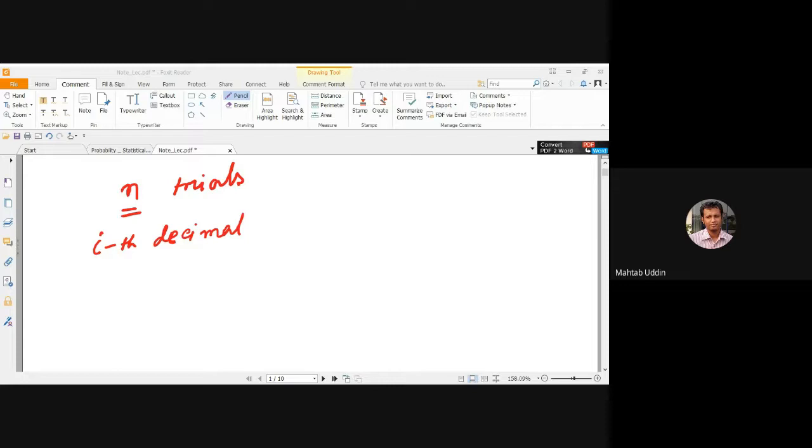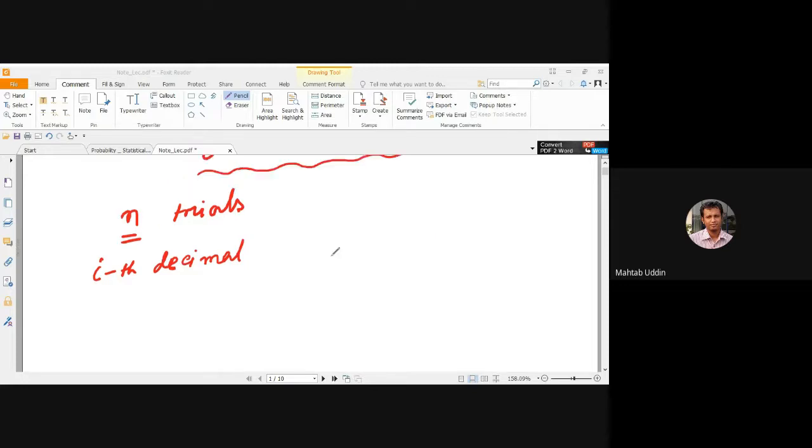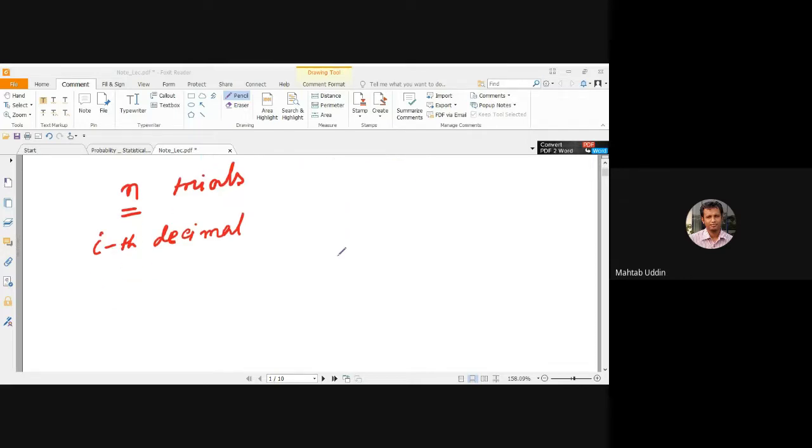Seven decimal, that is 70%. Now how can I find the ith decimal? The ith decimal will have a position. First we have to find the position. How? The position is